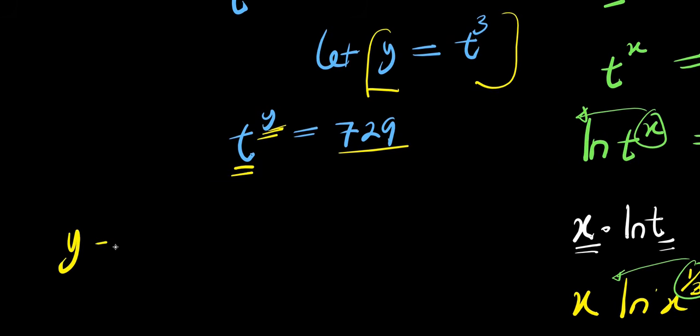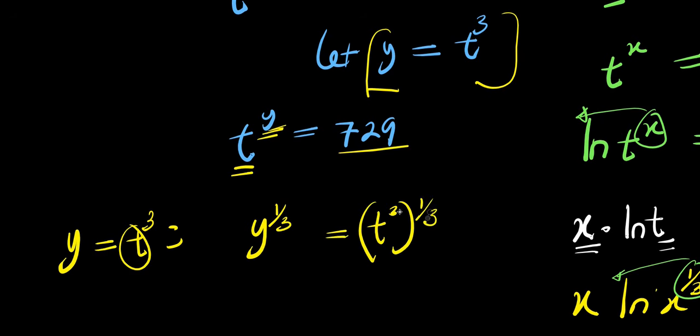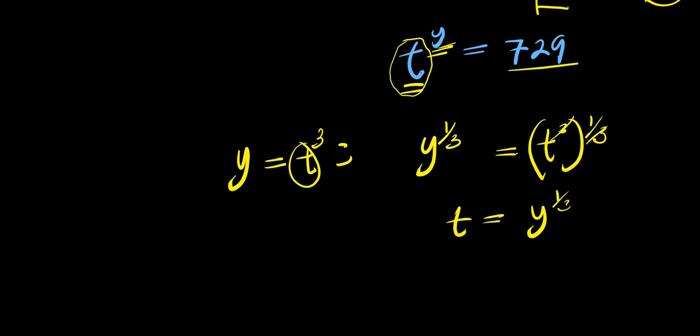So if y equals t power 3, that means to isolate t, I need to multiply this exponent by 1 over 3. So I have y power 1 over 3 equals t power 3 raised to the power 1 over 3. Please cancel this. That means t equals y power 1 over 3, right? So that means I'm going to replace this t here with y power 1 over 3. So let's do that. I will simply have, instead of writing t, y power 1 over 3, and